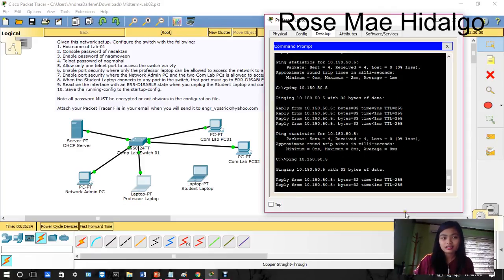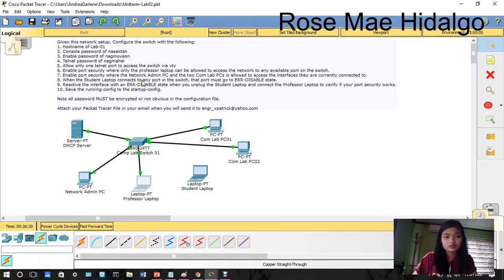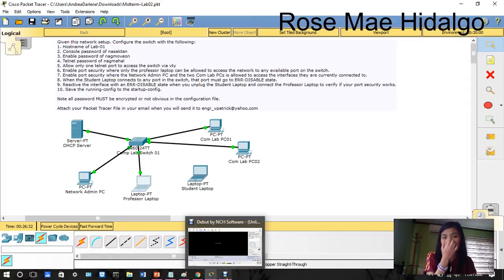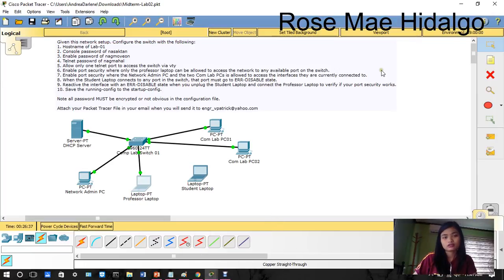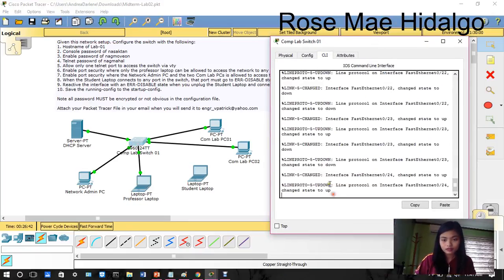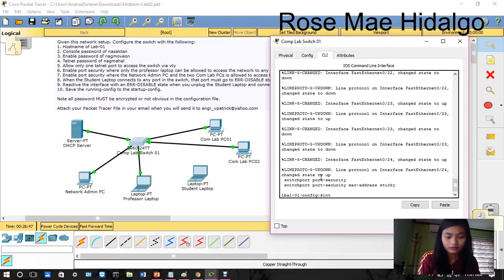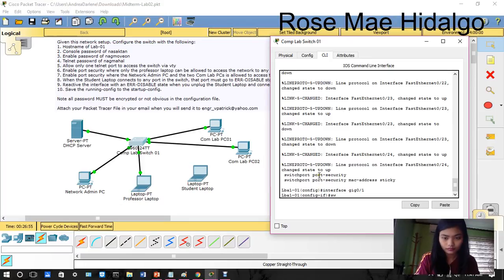That's it. Next, number 7, enable port security where the network admin PC and the two ComLab PCs are allowed to access the interface they are currently connected to. So go to CLI, enter, then type interface fa0/1, enter, switchport mode access,